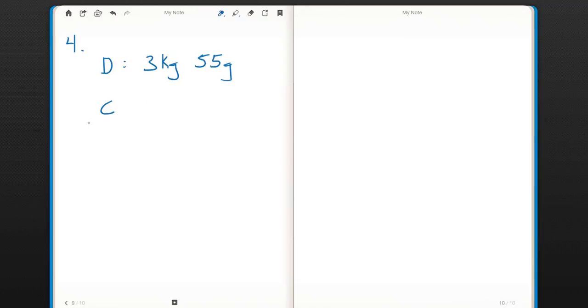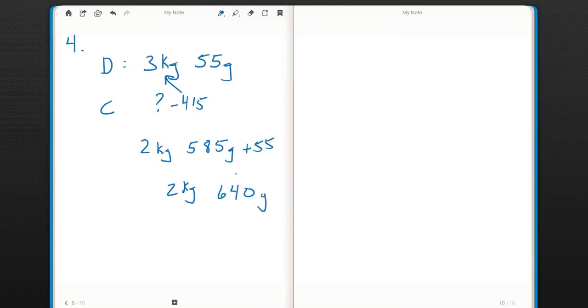A couple of ways you could do this. One method would be to find how much the chicken weighs and then add them together. That's a good way to do it. And one thing I can do with that, if it's 415 lighter, what I probably would do would be to take the 415 out of 1 whole kilogram. And that means I would have 2 kilograms. And I would have 585 grams plus the 55 grams from here. All told, that would give me 2 kilograms and 640